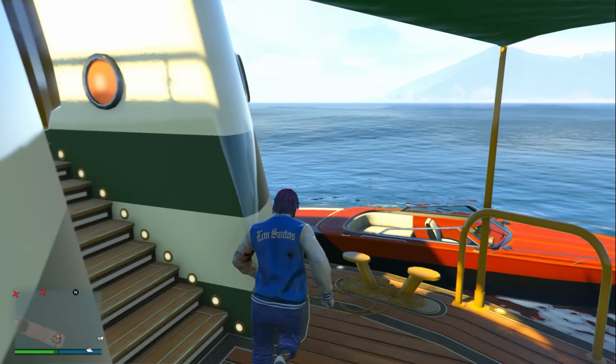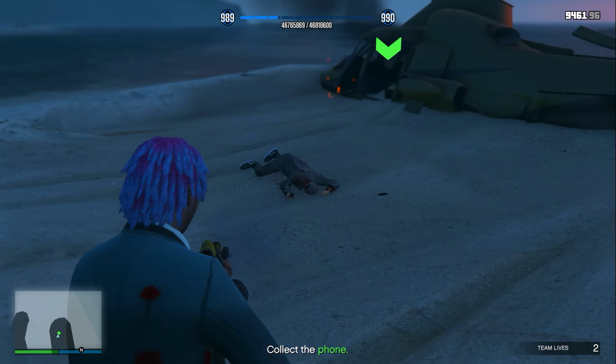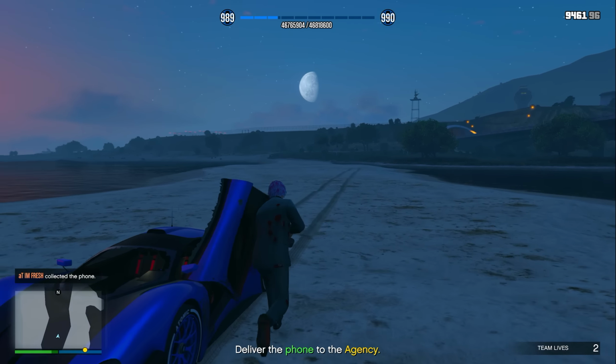So now drive your way over here to the billionaire's crashed helicopter, and once you're over here, now hop out of your vehicle and you should see the billionaire right there suffering. So now get your gun, take him out, and once you take him out, you then need to collect his phone and then drive this phone back all the way over to the agency. Once you arrive at the agency, you are now completely done with the second leak, which is called the High Society leak,